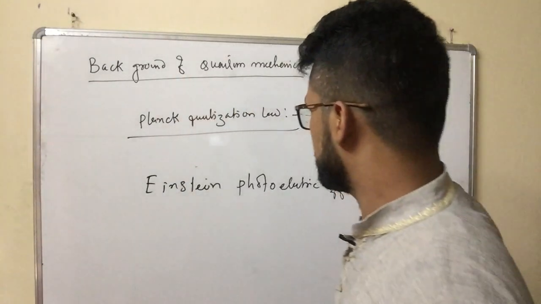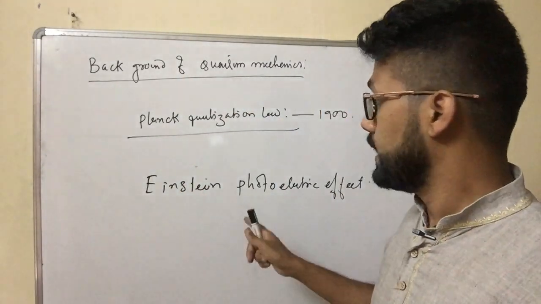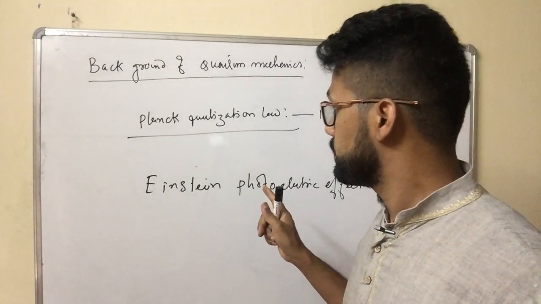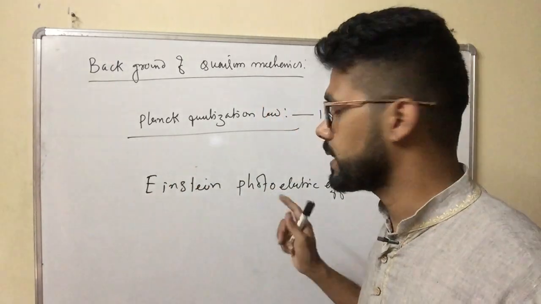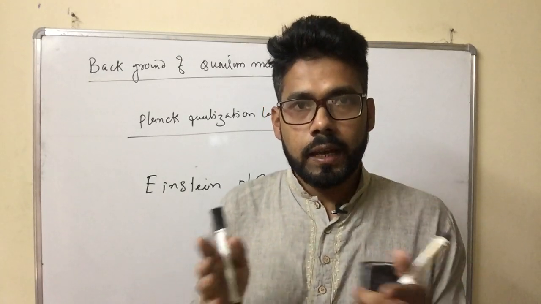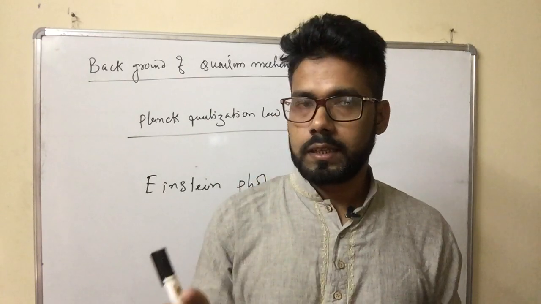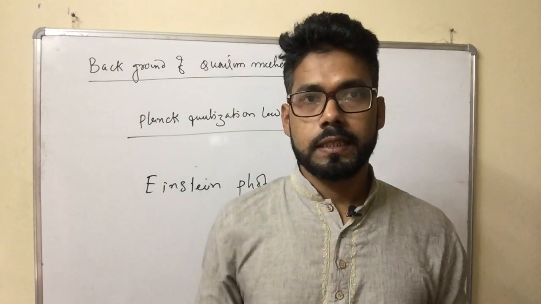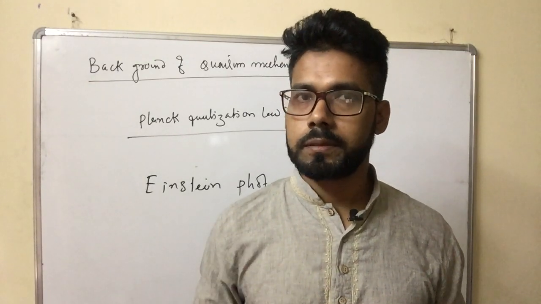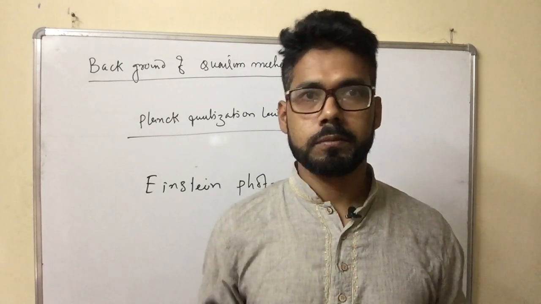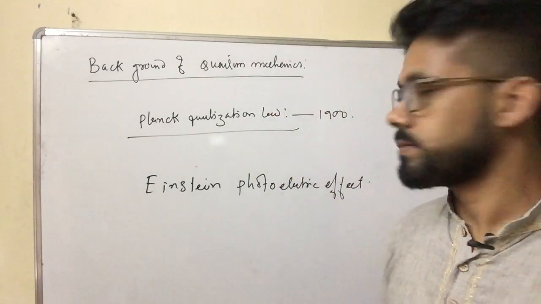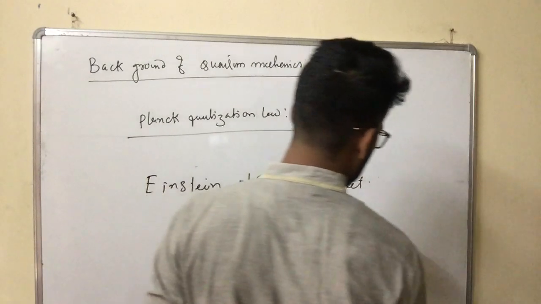Okay. So taking the concept of Planck quantization of energy, Einstein provided a powerful explanation of the photoelectric effect. What is actually the photoelectric effect? Einstein told that whenever we allow electromagnetic radiation or photon particles on a metal surface, a one-to-one interaction takes place. That means one photon will interact with one electron of the metal surface, and the electron will absorb the whole energy h nu, overcome the threshold energy and come out from the metal surface. So this is what happens in the photoelectric effect.